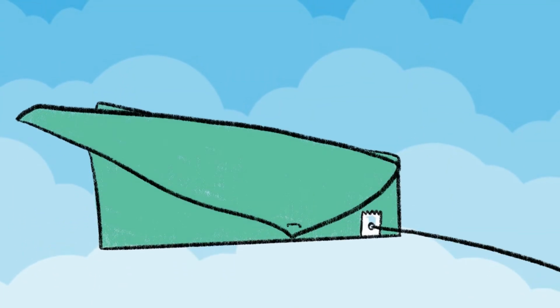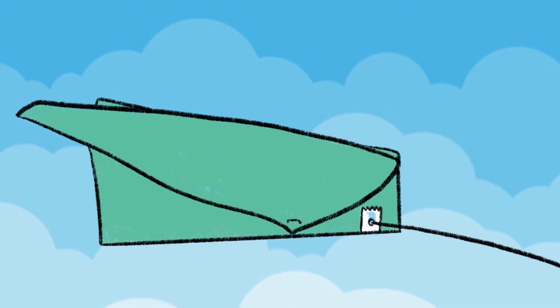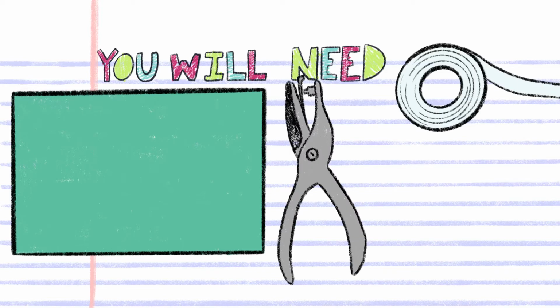Today we'll be making the easiest kites you have ever made. These kites are so much fun and so simple. You will need paper. I used a 9-inch by 12-inch piece of construction paper, a hole punch, tape, string, and